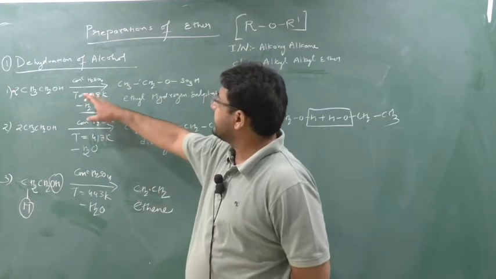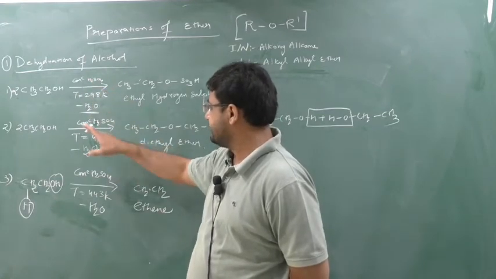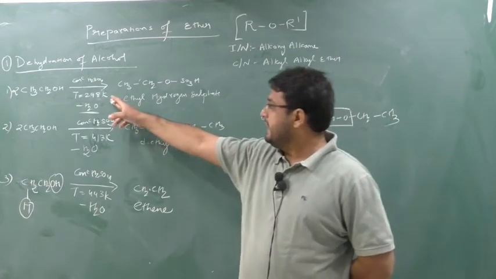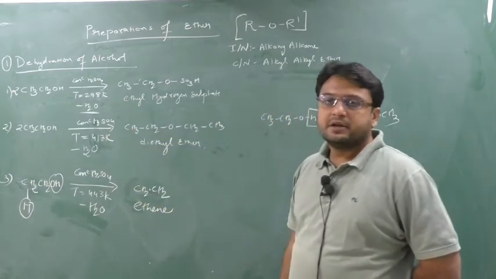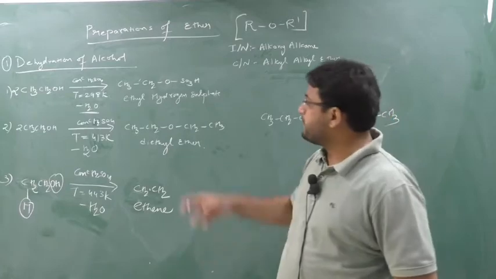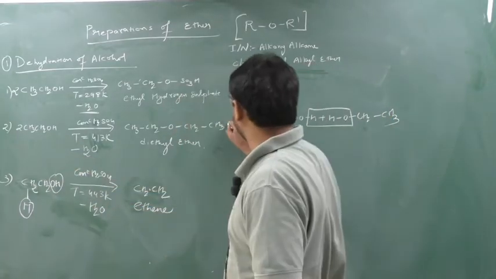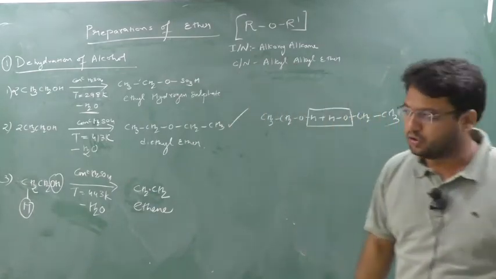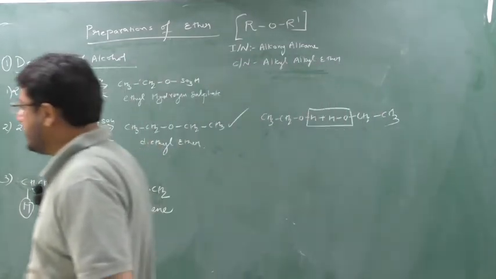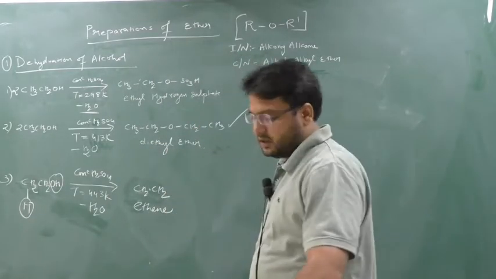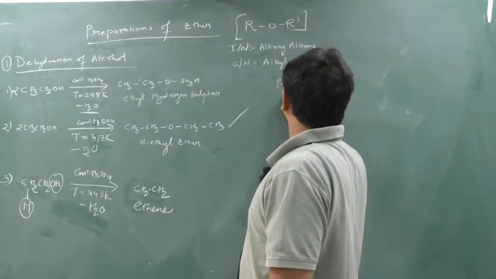I have taken the catalyst also the same, constant: sulfuric acid. But as I change my temperature, on changing the temperature, the product also differs. So I can say that preparation of an ether is completely temperature dependent. Yes or no? So preparation of an ether depends on what? Temperature. So I can write down one point that preparation of ether